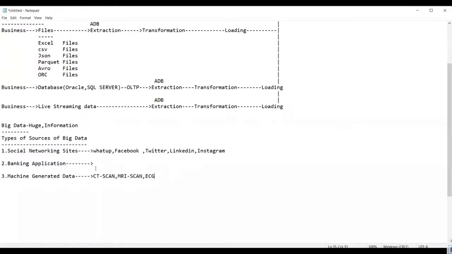That means a massive amount. The CT scan machine generates a very massive amount of data. That is nothing but called machine generated data. Any machine which generates data gives machine generated data. That's it. Then afterwards,